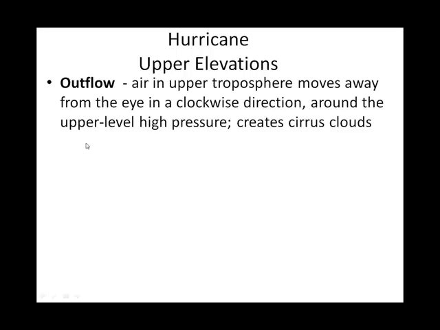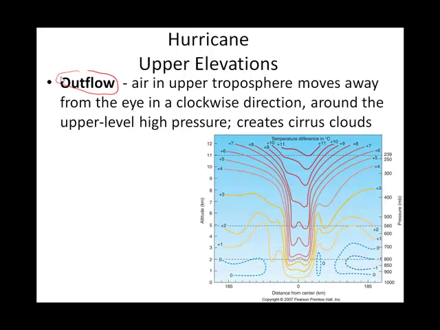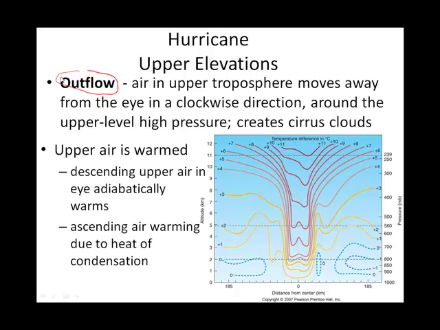So outflow then is the movement of air up and out for the hurricane. And this talks about, if this is the eye right here, the eye of the hurricane, we have descending air because we have a central low and we have a central high. So we definitely have a switched vertical pressure gradient, don't we? So we have air descending, and one of the things we know about air as it descends is that a parcel of air will get smaller and smaller, and work is done on it so that the air will warm. If you've ever seen the movie The Day After Tomorrow,